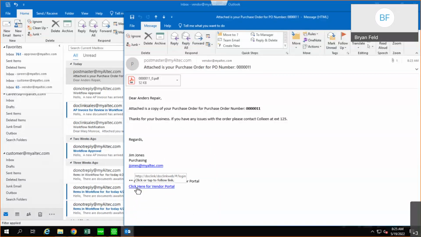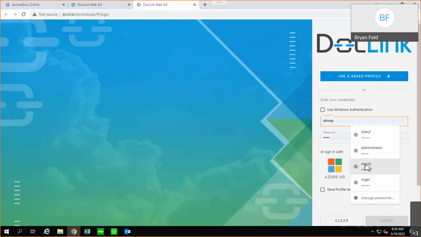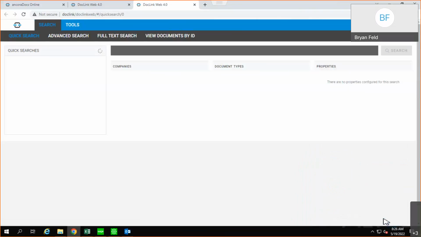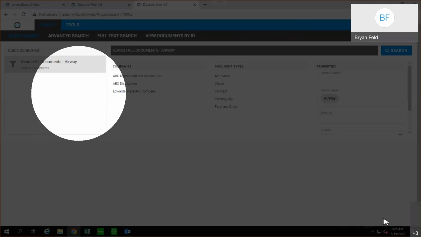The other nice part is with DocLink Web, you can start to use it as a customer portal, or in this case, a vendor portal. It does not use a DocLink license. Again, once you own web, you have that flexibility to use it in other fashions. Now, the reality is a login would still need to be provided, depending on your vendor, okay? But notice how when Airway Property logs in,